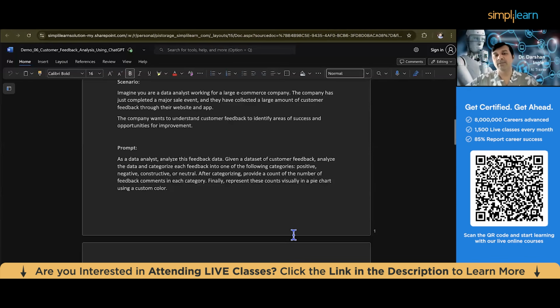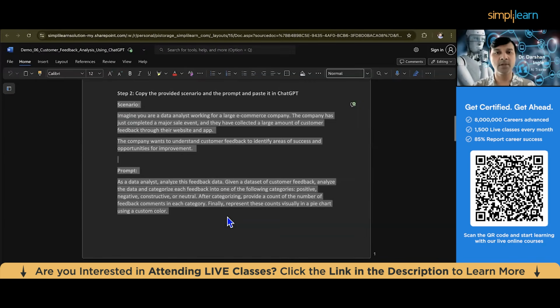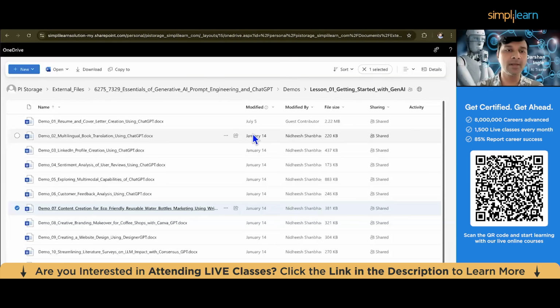Given a data set of customer feedback, analyze the data and categorize each feedback into positive, negative, constructive, neutral. After categorizing, provide a count of the number of feedback comments in each category. Customer feedback, it should be there